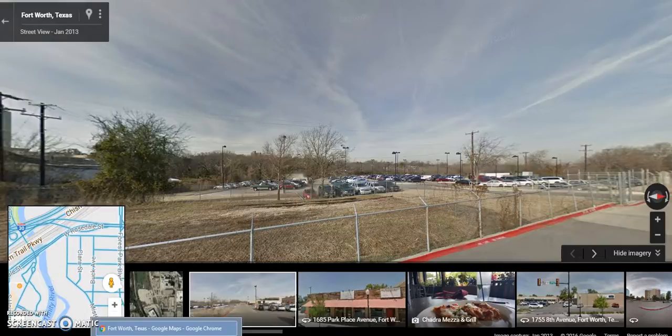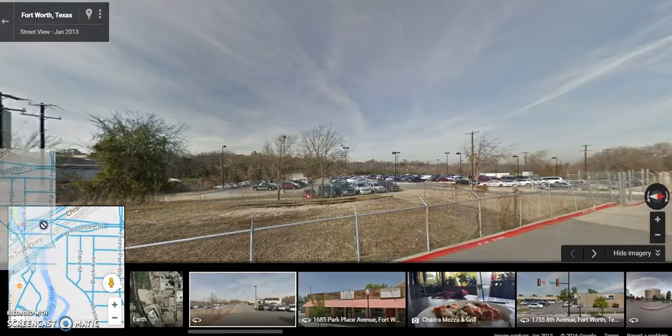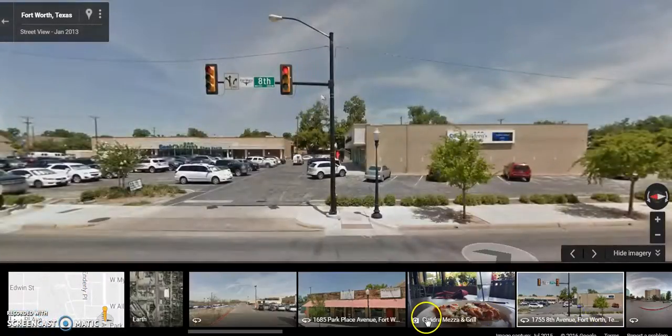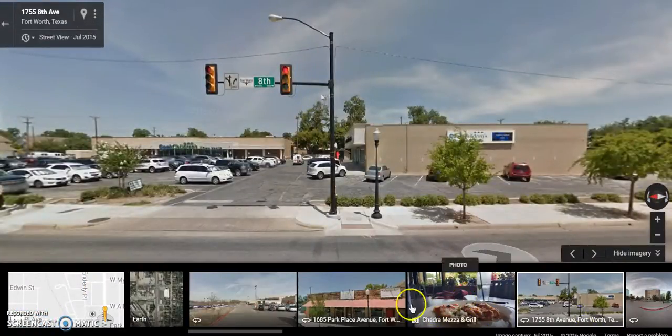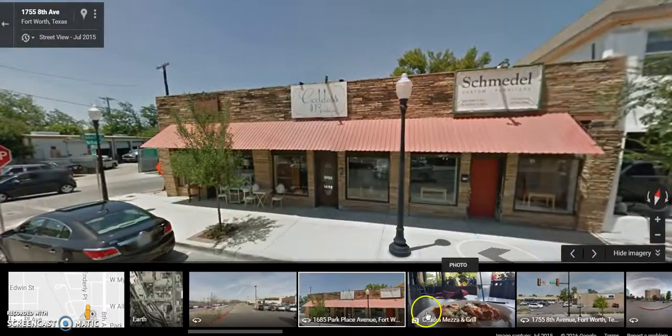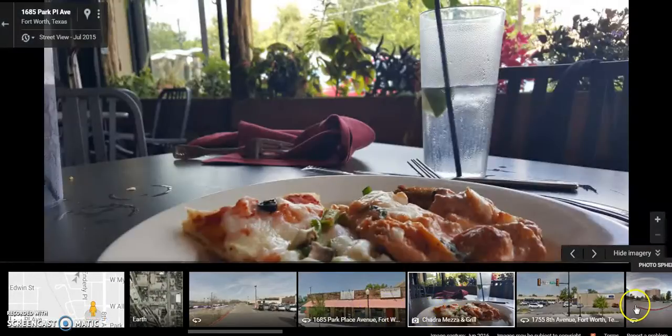So we can move this guy wherever we want to move him. But we can also look down here. So these are other places of interest in Fort Worth. As you can see, yummy. So let's go back